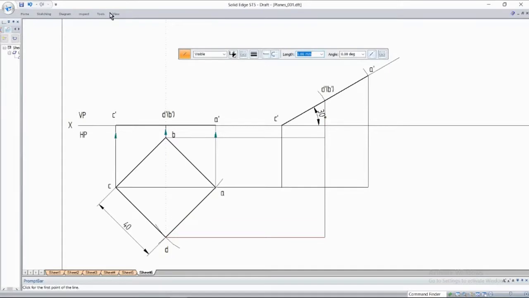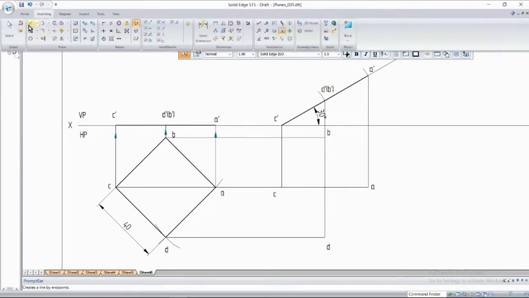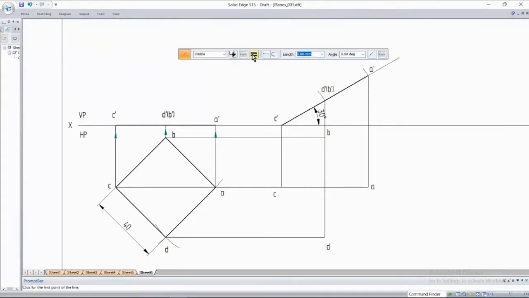Then after this, you name them. Name this A. So this is B, this is C, and this is D. After that, you can join them with thick lines. Join all of these points with thick lines, properly place it and join them.